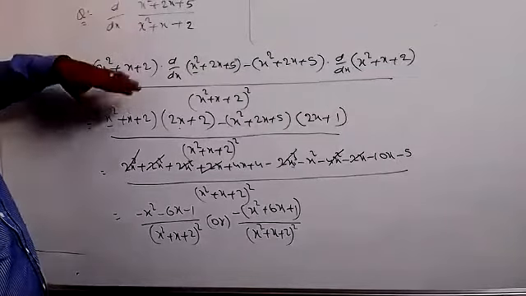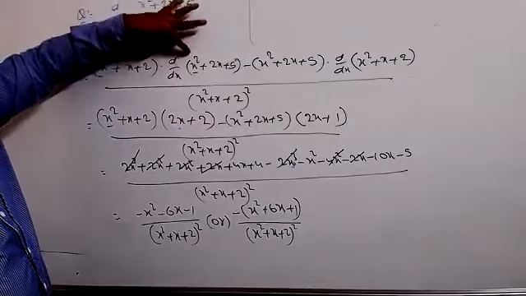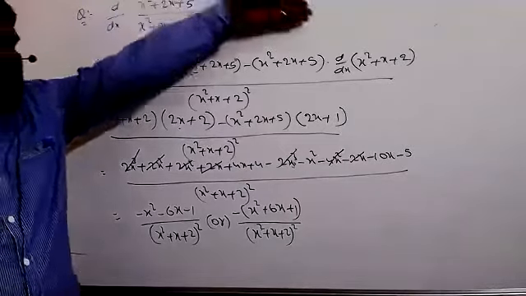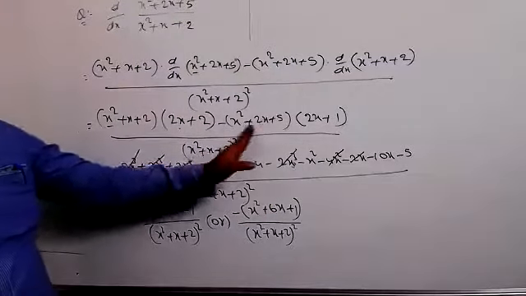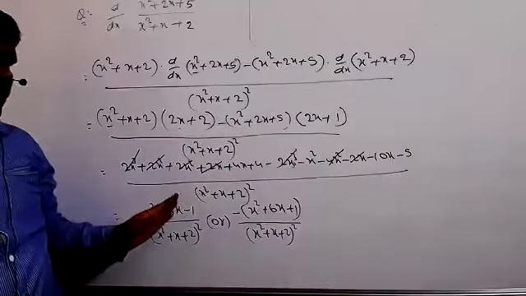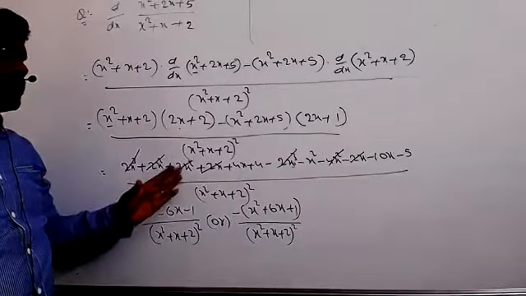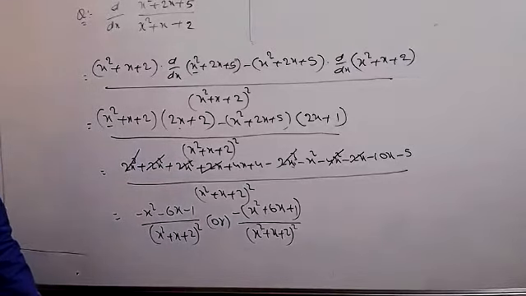Yes, you can do separately now. Whole by v square, right, as it is. The difference is x square equal to 2x plus 2x equal to 2 and constant equal to 0. In the denominator, it is the same thing only. Later you can multiply both. These two you can multiply, these two you can multiply, subtract both. You can write now clearly. And some like terms will be cancelled, and the rest of the values you can write down. So no need of expanding the denominator.